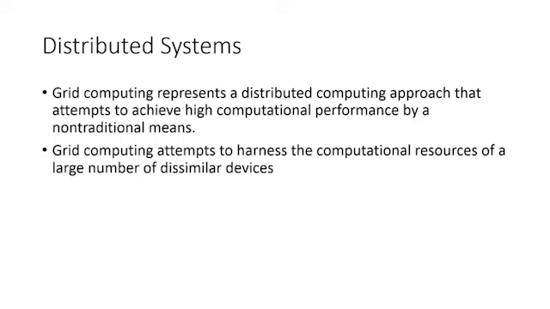And then we have those distributed systems. Now we're talking about grid computing. Still a type of distributed systems, but grid computing represents a distributed computing approach that attempts to achieve high computational performance by different means, non-traditional means. So it attempts to harness the computational resources of a large number of dissimilar devices. So it's trying to take the processing power of anywhere that it can, not necessarily a server or a laptop,